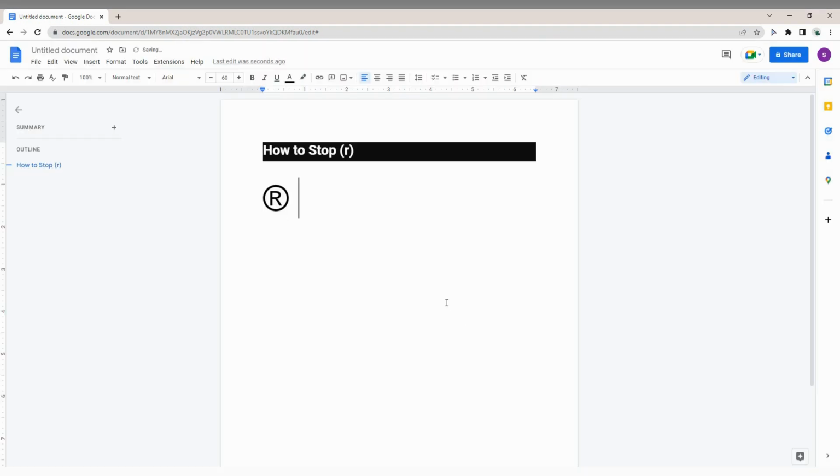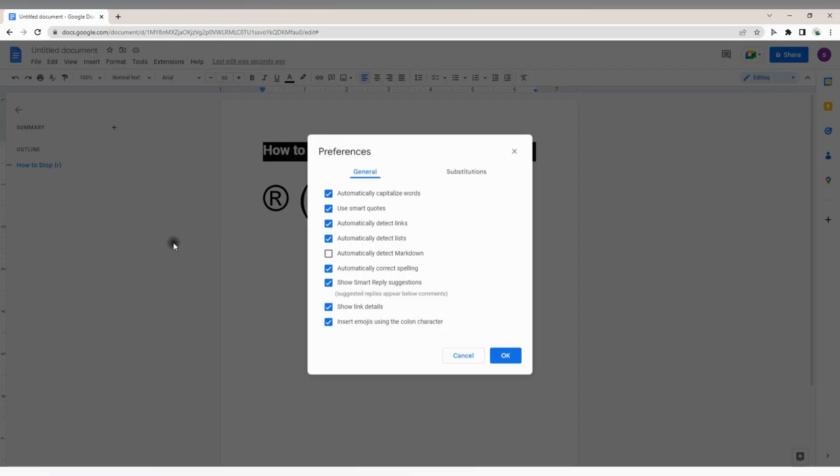Now you just type the same thing, bracket, all, and close bracket. So you can see nothing happens. It doesn't change to a symbol like this. So this is a simple method, and you can also make any shortcut that you want on this Preferences option